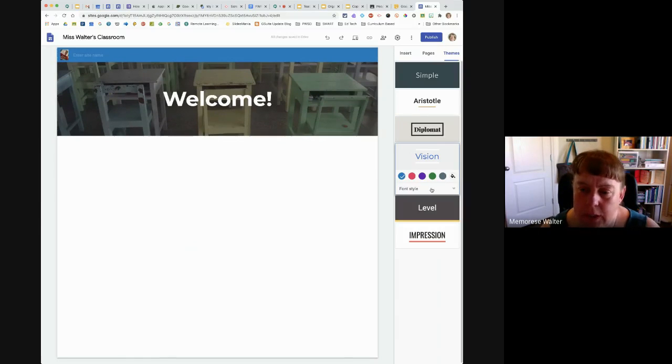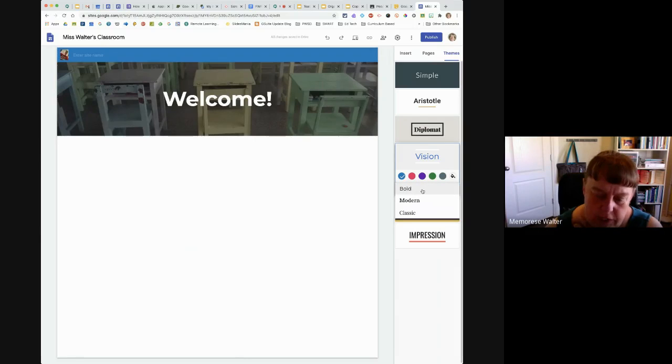Okay. And then under that color palette area, there's a thing that says font style. And you'll notice when you click on that, there's going to be 3 different font styles per theme. And they're going to be different depending on the theme. So because the vision theme is kind of a more visionary one, it's got brighter and bolder colors, and it's got bigger and more kind of fantastic looking modern looking sites or fonts, I mean, sorry. But if you look at like level,